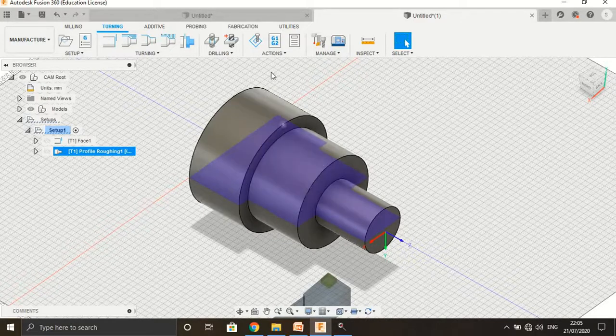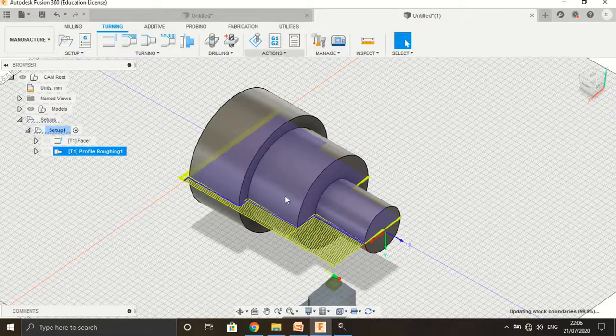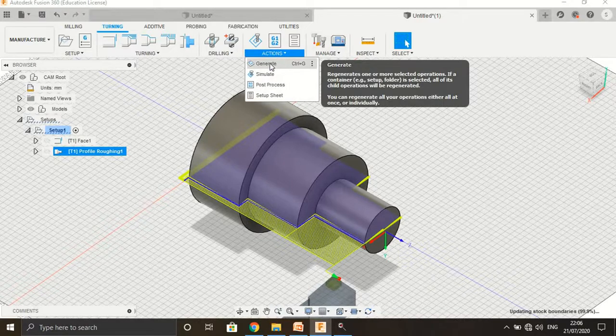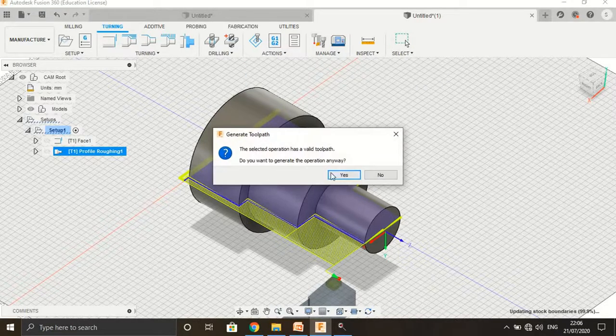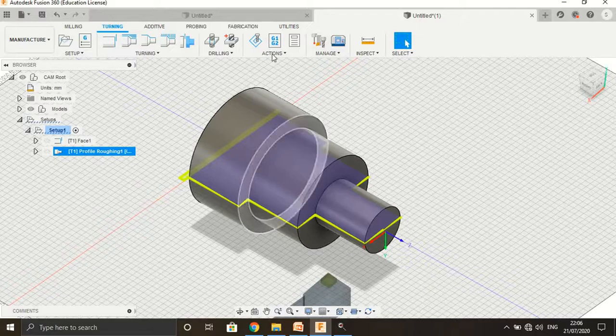So for the profile roughing operation, this toolpath is generated. We can generate the toolpath again by selecting the operation and generating it, say yes.